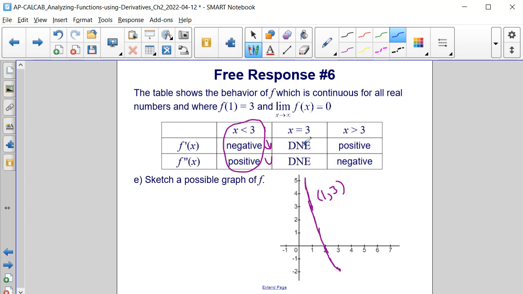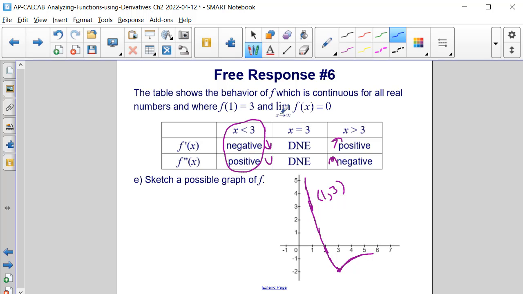We know that f prime and f double prime both do not exist at this minimum value because we go from negative, decreasing, to positive, increasing. So we're going to have a minimum point here, but because we're going positive and we have a negative second derivative, we're going to end up having a concave down section here. So it's going to look something like this. We're increasing